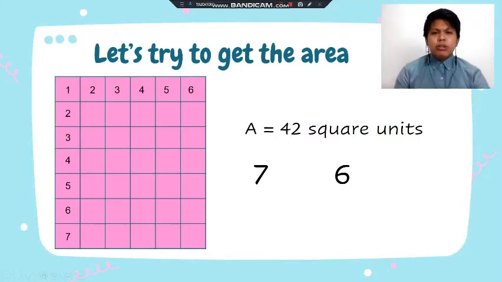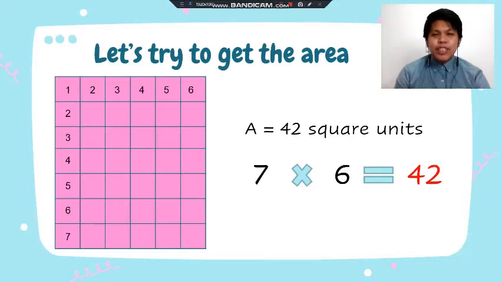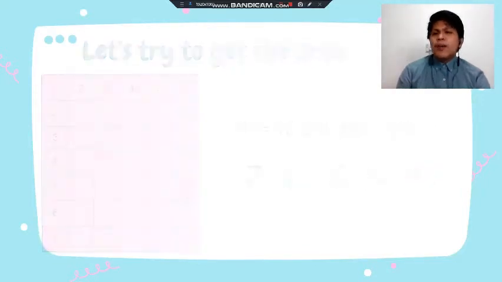Now that you know how many rows and how many columns there are, you simply multiply them. So 7 times 6 is equal to 42. You will still get 42 square units. Let's try to have another one. What if